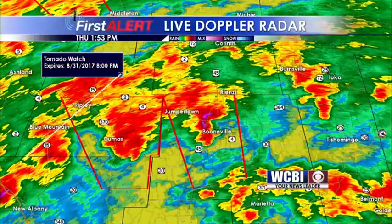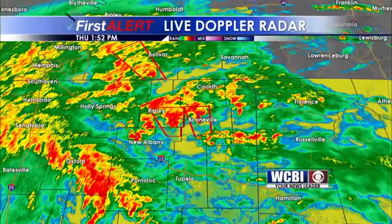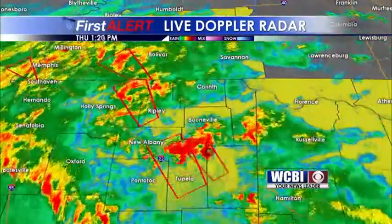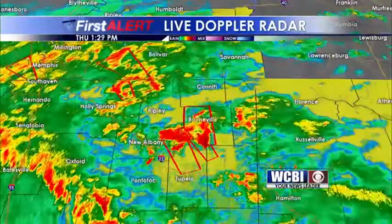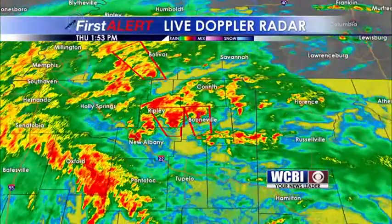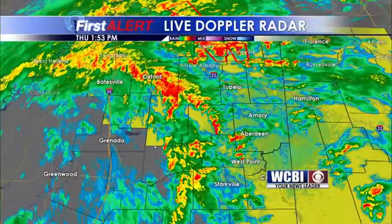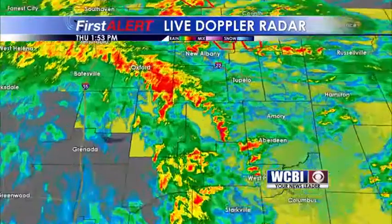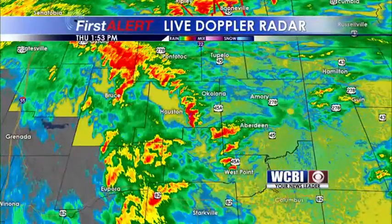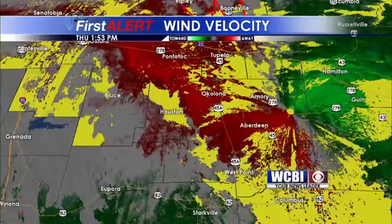But we'll show you. We'll go back about 30 minutes ago here. And you can see these storms had nice hook echoes on them. We had a shear marker there on the cell that moved through Itawamba County, had a debris signature pop up on that cell, but now not looking necessarily quite as impressive. Heavy rain going across here. We're going to continue to watch some of these showers moving through Chickasaw County right now, in Clay County. The warnings in effect for these, and right now, no significantly strong rotations popping up, but we'll continue to keep an eye on these as the potential to